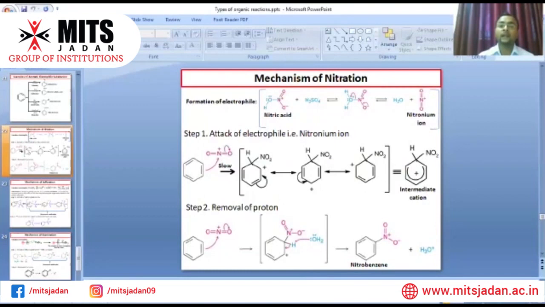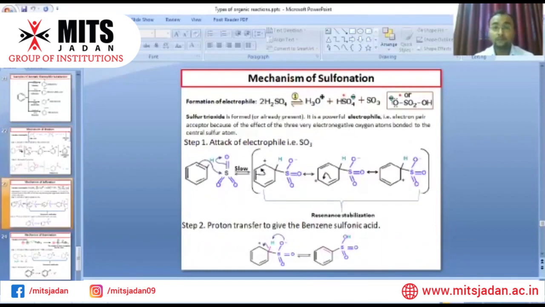Now come to the mechanism of sulfonation. First we see how the electrophile is formed. Sulfuric acid gives the hydronium ion, HSO4 minus, the bisulfate ion, and sulfur trioxide. Sulfur trioxide works as a powerful electrophile, because the oxygen atoms bonded with the sulfur are highly electronegative and electron acceptors, which creates an electron deficient center at the sulfur atom, and